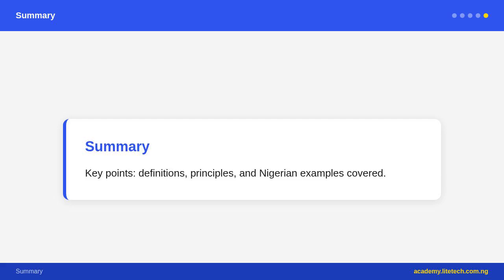Examples in everyday life: email spam filters; recommendation systems, Netflix and YouTube; face recognition, phone unlocks by recognizing your face; voice recognition, Siri and Google Assistant; fraud detection, banks detect unusual transactions; medical diagnosis, AI detects cancer in medical scans. Machine learning in Nigeria: agriculture, detecting crop diseases from photos; healthcare, predicting disease outbreaks; finance, detecting fraudulent mobile money transactions; traffic, predicting traffic patterns in Lagos.